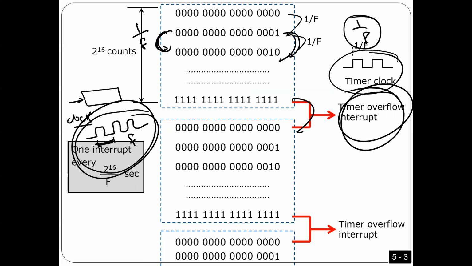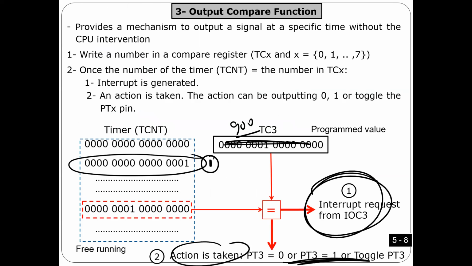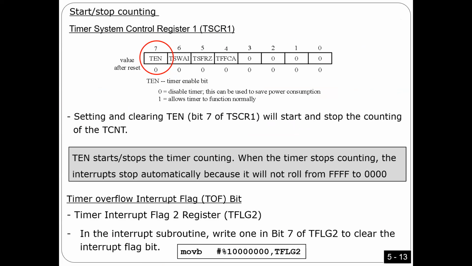Okay. There is another bit, as you will see right now. Do you want the timer to run or not, count or not? This is another bit. Yeah, this is the bit I'm talking about in this register TSCR1. This bit here, guys, is whether you want the timer to count or not. If you put 1, that means the timer is functioning normally, it's counting, right? However, you can put 0. 0 means the timer is not counting.